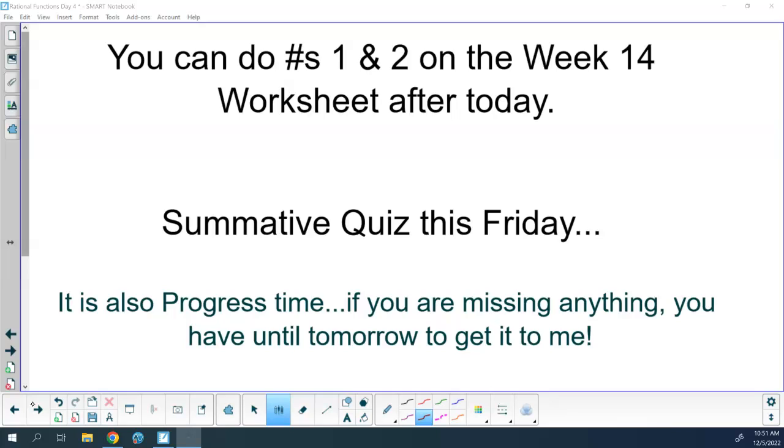So, again, anything on that progress report that can be fixed would be anything that is formative or homework. Homeworks and formatives can be fixed. Tests and quizzes